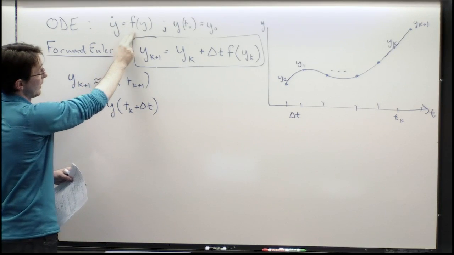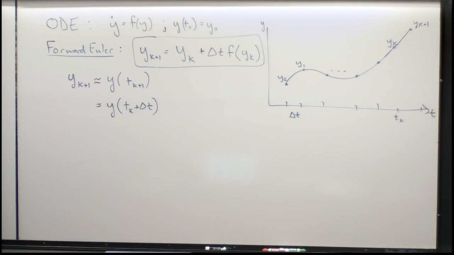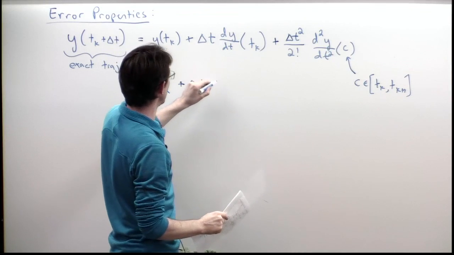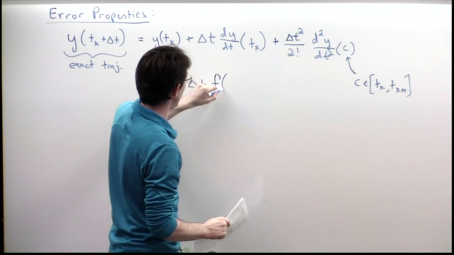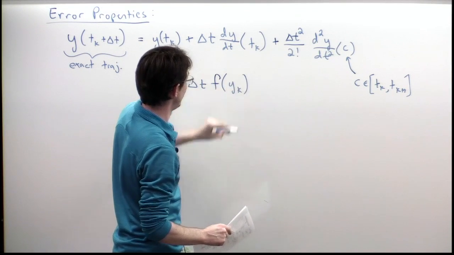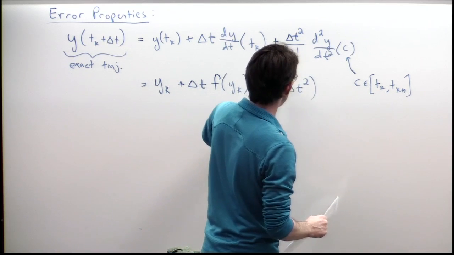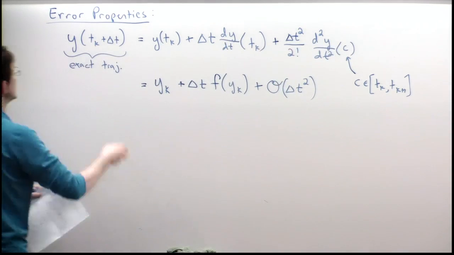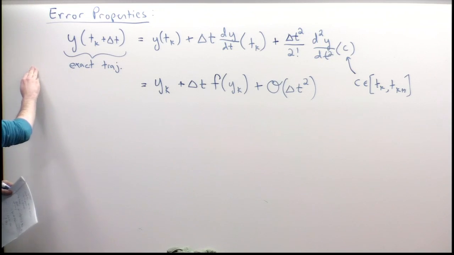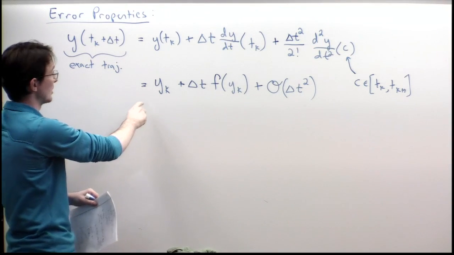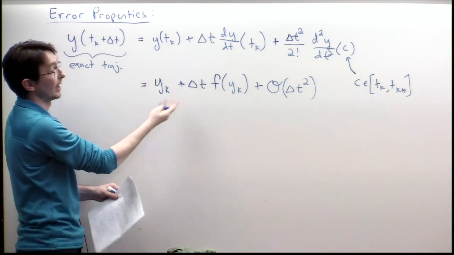So it's equal to f of y. So here we plug in f of yk plus order delta t squared. Okay, so this is the Taylor expansion of our exact trajectory about the point yk, or about the time tk